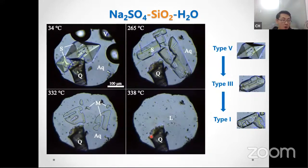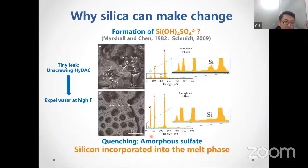In order to freeze the molten sulfate, a tiny leak, made by unscrewing the high deck, was applied to the sample chamber prior to quenching in order to expel water at high temperature. This allows the melt to be preserved as glassy sulfate under dry conditions. After the quenching, some amorphous sulfates with foaming structure were preserved,